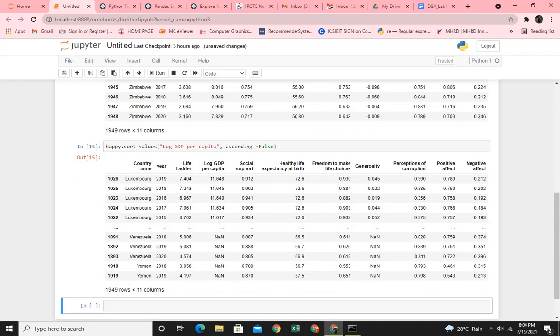Here we should give a capital F, an uppercase F. So now if you see, it has been arranged in descending order, but again like ascending order, all the rows which have missing values or NaN in place of log GDP per capita will be arranged at the end. Because their values are not known, you do not know where they come, at the top or at the bottom? So they will be arranged at the bottom, right?